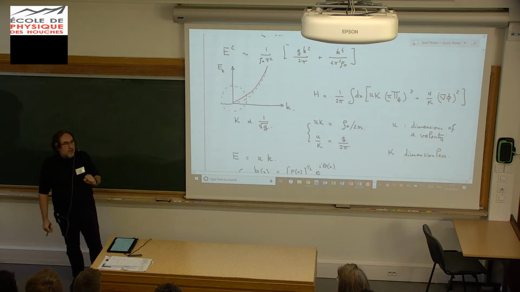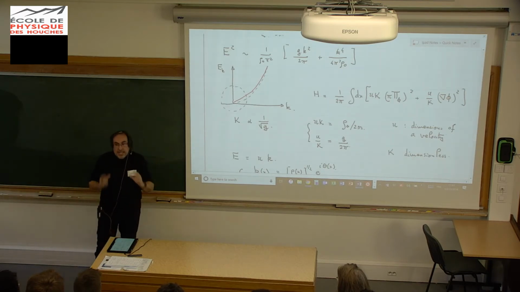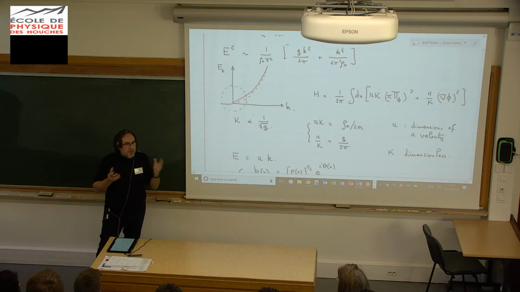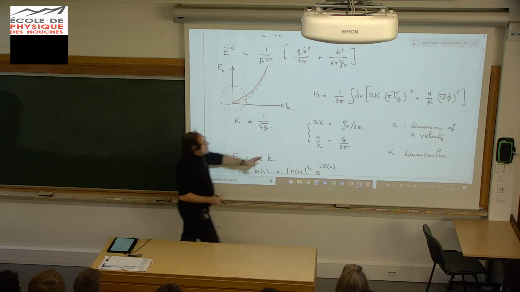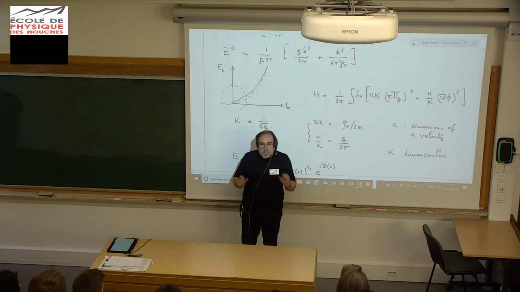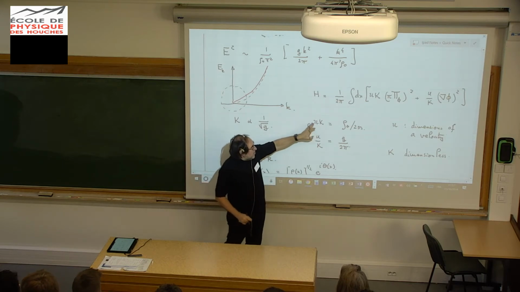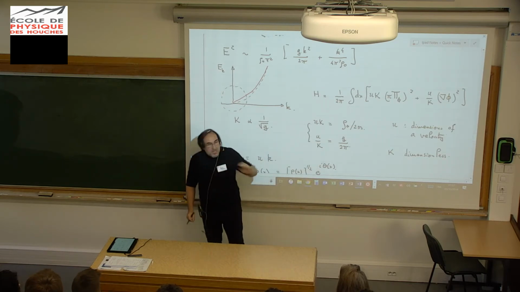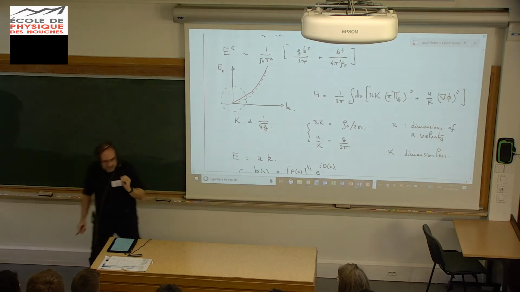Same thing with Luttinger liquid. I can take a G which is 10 million, then my little perturbation theory in G will be completely wrong. I have to remember all the irrelevant operators. But at the end, the only thing that will happen is that this formula will be modified in a complicated way, but I still have my two parameters, period. It's just that the dependence of K and U on the interaction is not given by this formula. So if I have a trick to compute these parameters,